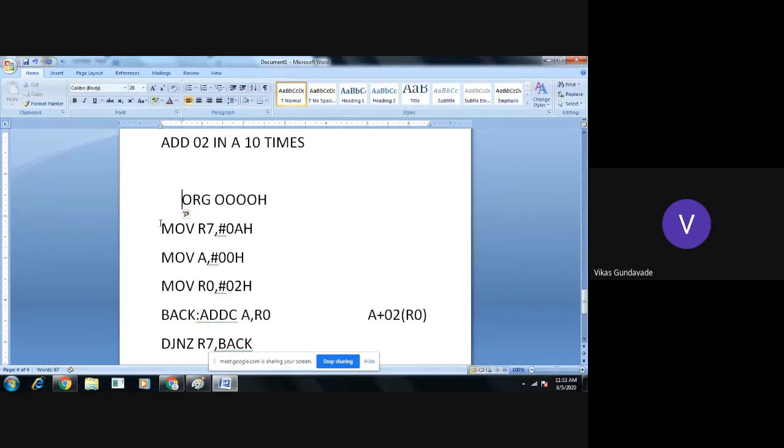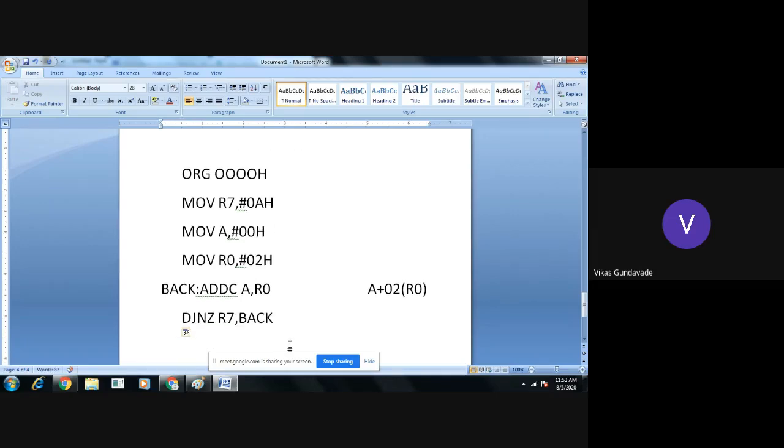Always use a colon for a label. The program will remain in the loop unless and until this R7 count is zero.